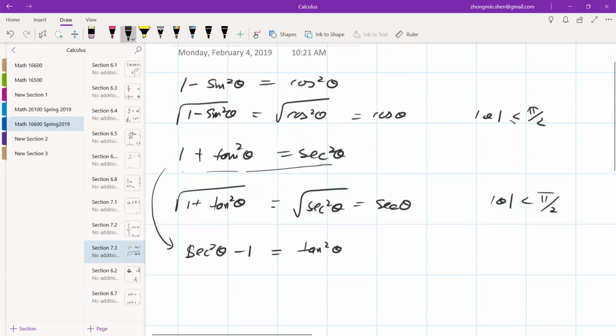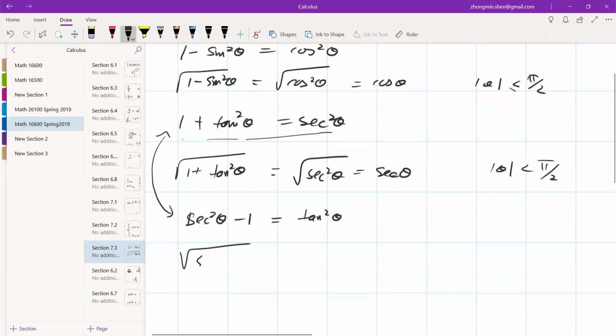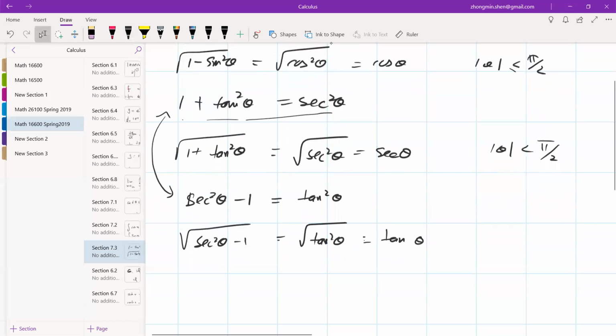And then the radical gives us tangent theta. So those are the useful formulas, but be careful, for this one the theta will be different,